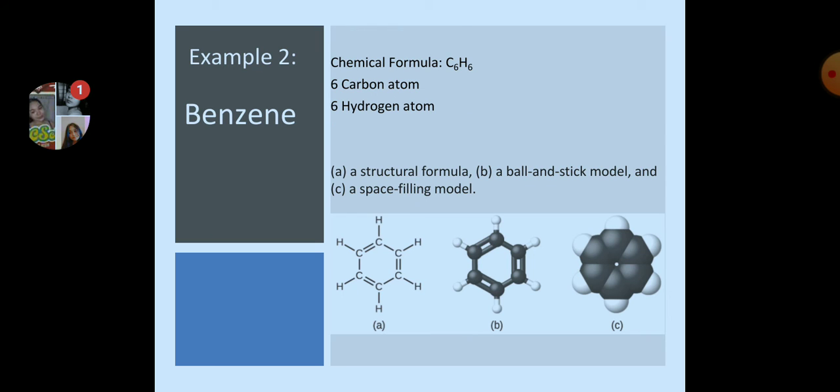Next, we have benzene. The chemical formula is C6H6, so it has 6 carbon atoms and 6 hydrogen atoms. Here is the structural formula and the chemical structure, the ball and stick model, and the space filling model. Okay, so